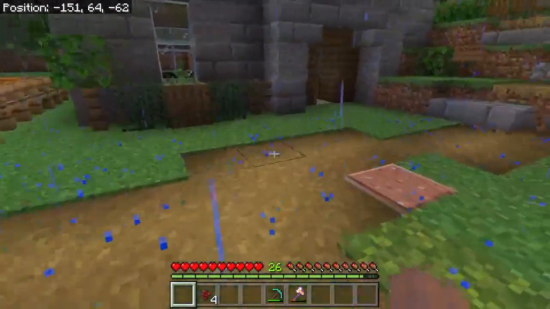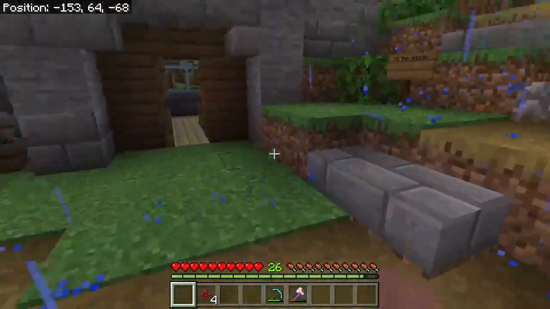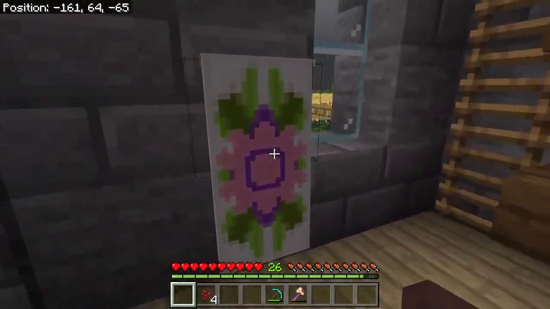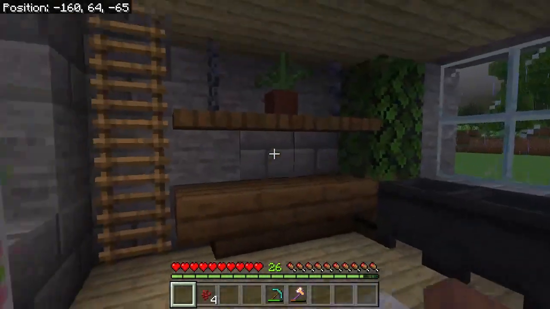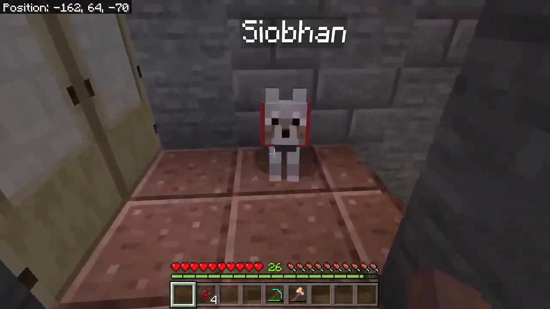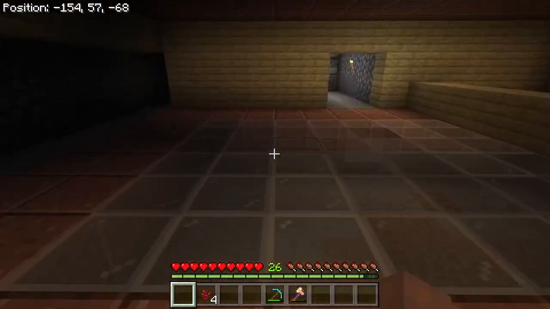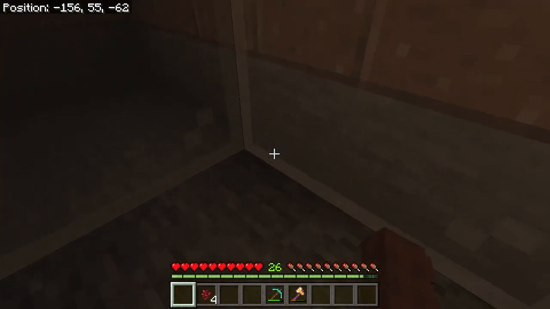Then if we come over to the left, we have David's house that he built for himself because he decided that he has to live in his own house and let the rest of us just have rooms. So this is his cat little banner that he made based on a picture he found that he used as reference. And this is his little living area, it looks like. He has his dog, Siobhan, back here. And I believe this leads into the...